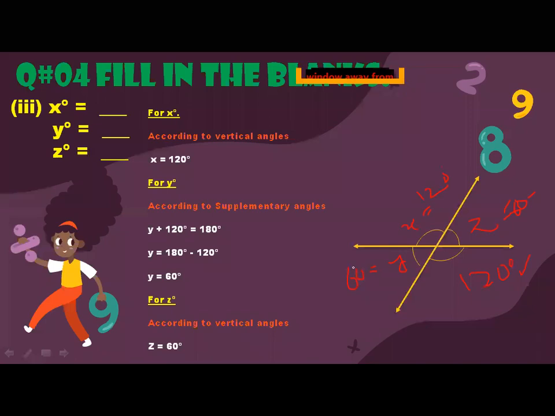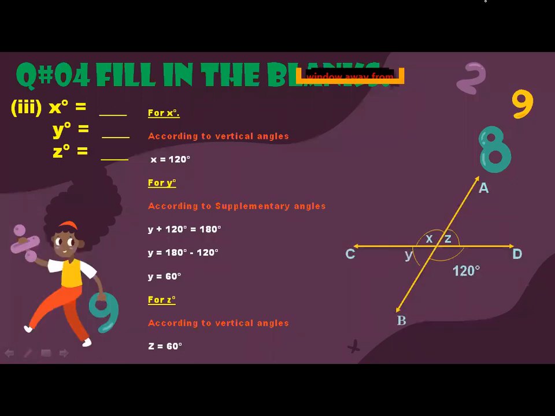Is it clear? Now please tell me, is it clear? And then simply you will label it according to the given figure. You will simply label it according to the given figure. Very good, everyone. Javeria, very good, beta. I hope it is clear to all of you. Should I move on to the next one?